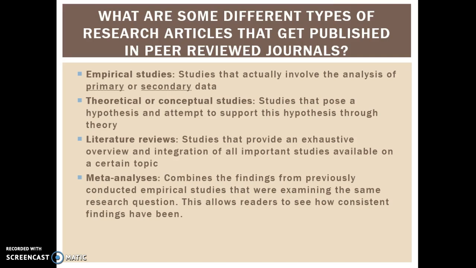And then the last type of article that you could find in a peer-reviewed journal is a meta-analysis. Meta-analyses are quite complicated to read, and they will combine the findings from previously conducted empirical studies, and they're going to try to figure out if those findings are consistent with one another. So they want to know if you have articles looking at child sexual abuse